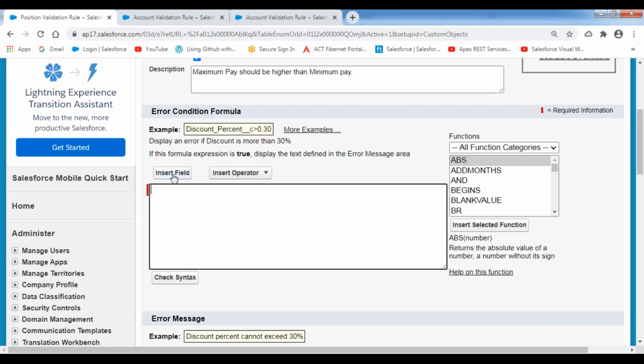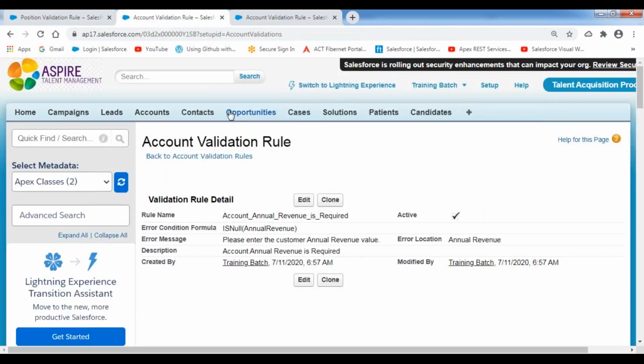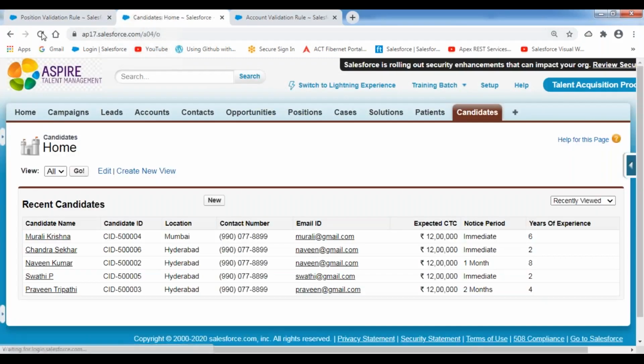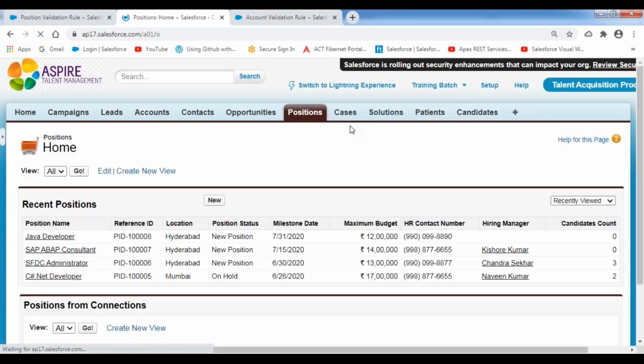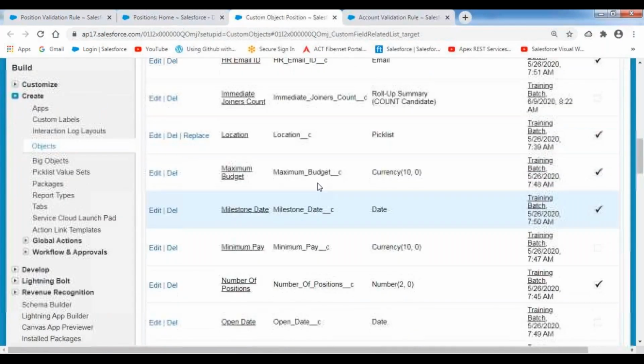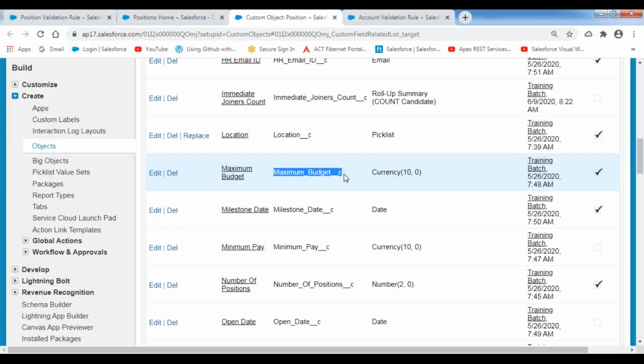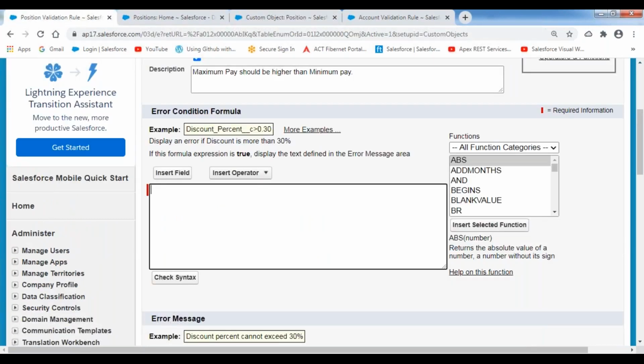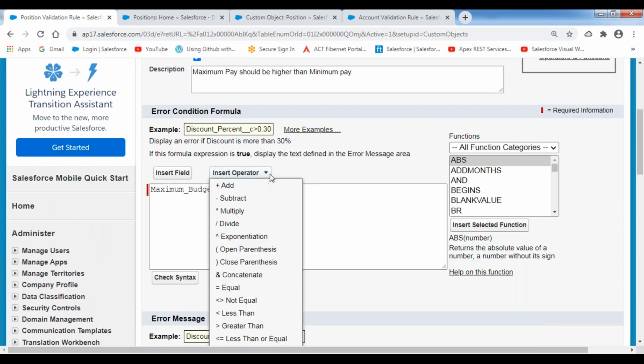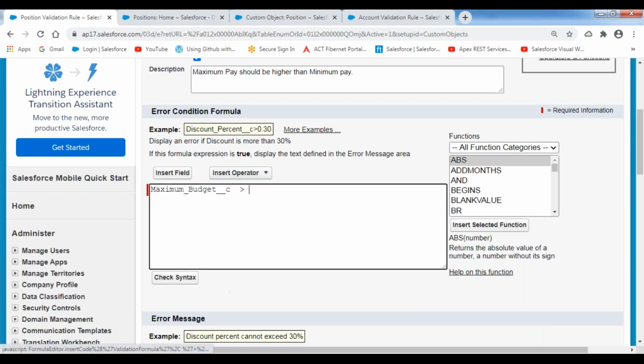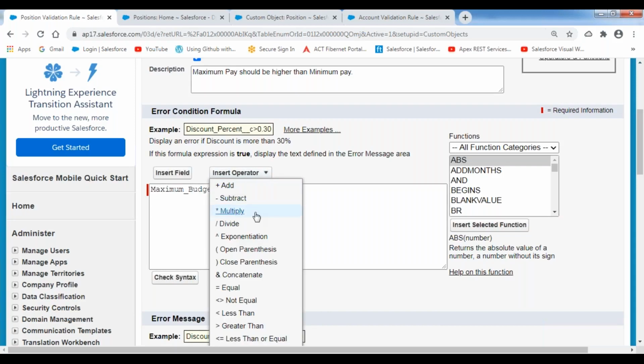What is that field name here? Now click on insert field. Or else go to the position object here. Click on this positions tab. Go to the fields over here. Click on view fields. What is that maximum pay field here? This is the field name, maximum budget. I want to show the error message if the maximum budget field value is less than